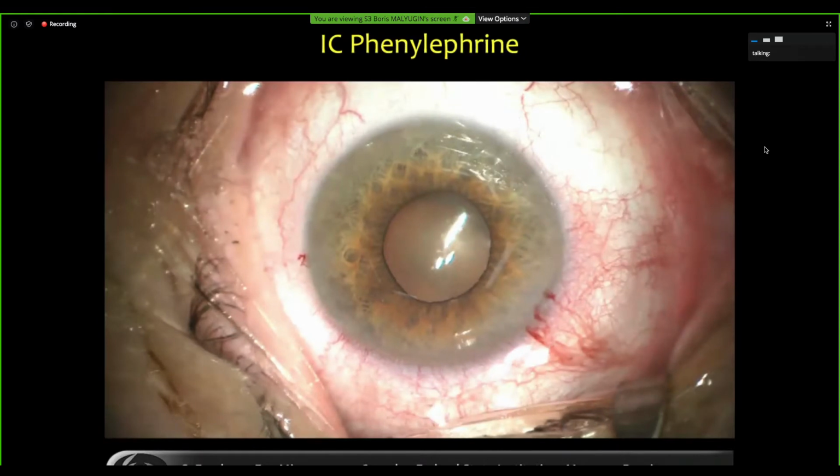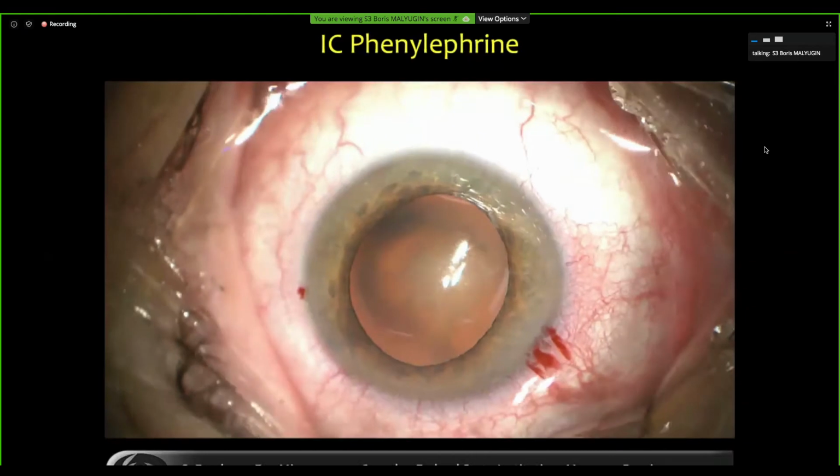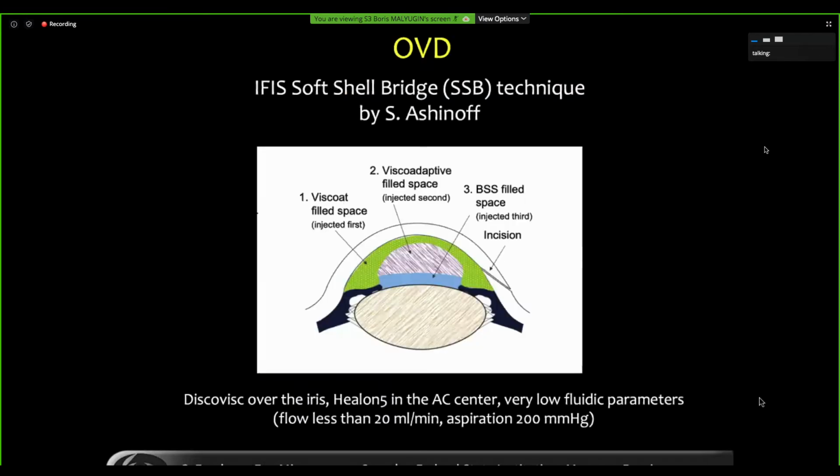Intracameral mydriatic agent is a way to go, as shown here. By injecting a mydriatic agent, you can not only dilate the pupil, but strengthen and improve the biomechanical properties of the iris. Surgical technique: we need to use elongated corneal incisions. We need not to be very forceful with our hydrodissection, use lower fluidic parameters, and try to keep the irrigation flow above the iris plane. And this is another advice from Steve Arshinoff, who is using the soft shell technique, where